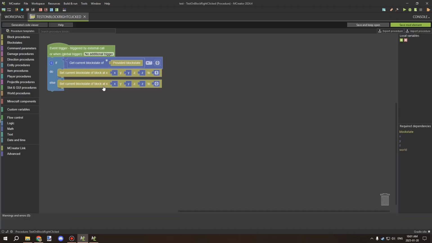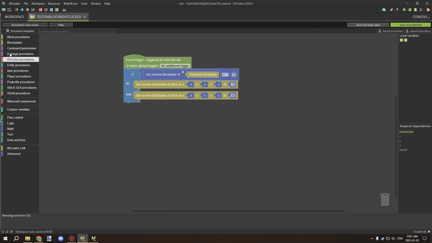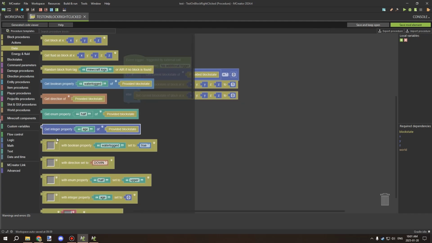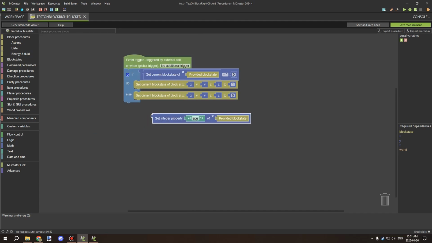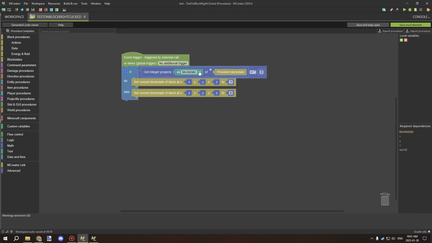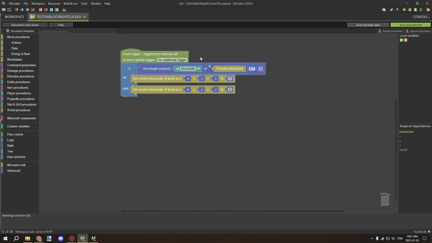Okay, so opening up our procedure itself, if we go under the block procedures and then data, we have the integer property here, which should have the word age in it. And if we set this to block state, then we'll be able to replace this one right here with the block state variable. Now we can't actually change the name of this because the plugin doesn't support different names